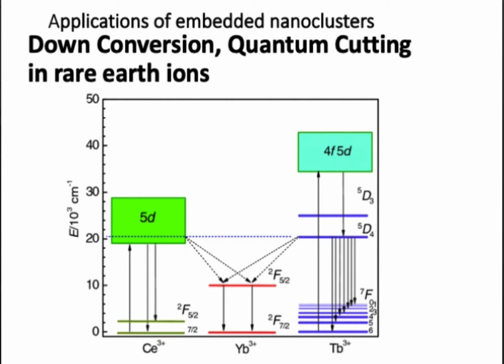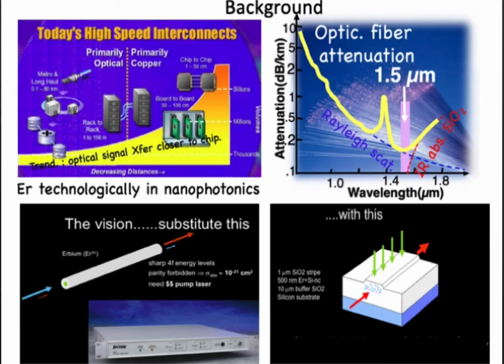The excitation energy may be transferred to one or more rare earth atoms. In the sketched schemes to ytterbium, the ytterbium ion will emit one or two photons with an energy slightly higher than the band gap of silicon. Let me tell you some device developments that have been going on using silicon nanocrystals, which we were involved in